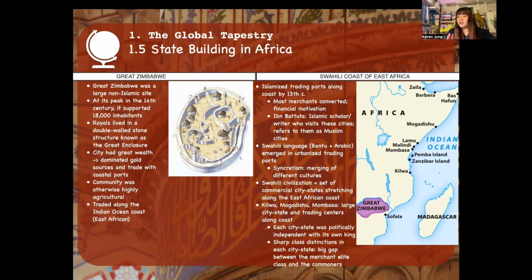By the 13th century, they were very powerful, and a lot of the merchants converted. There was financial motivation to do so. It was just easier to trade if you were a Muslim at this time period in this area. Ibn Battuta, the famous Islamic scholar and traveler who visited all these cities, referred to them as Muslim cities, but